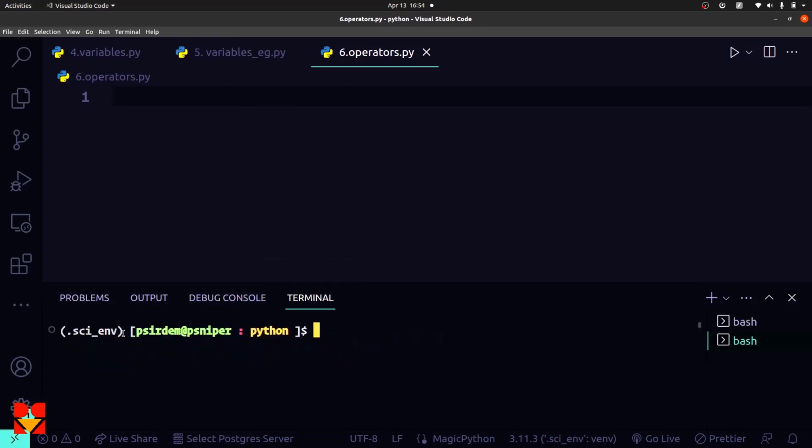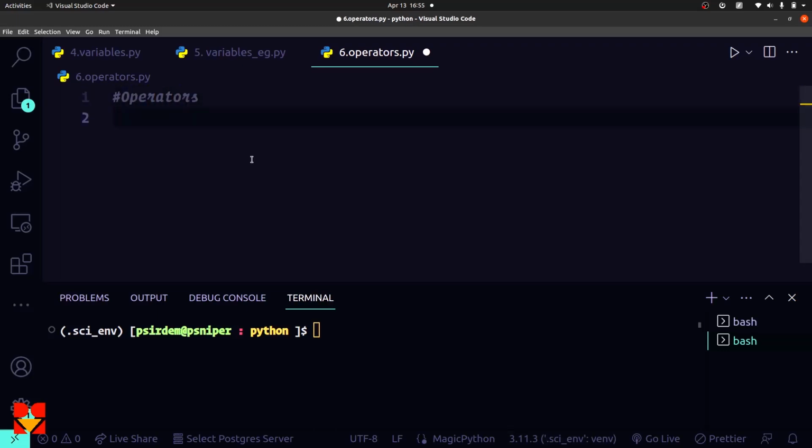Once again, ensure that the virtual environment has been created or initiated, else you would have to do that manually yourself, or make sure that the Python interpreter selected here is the virtual environment you created. Okay, so basically the operators we are going to look at are quite similar to the ones we have